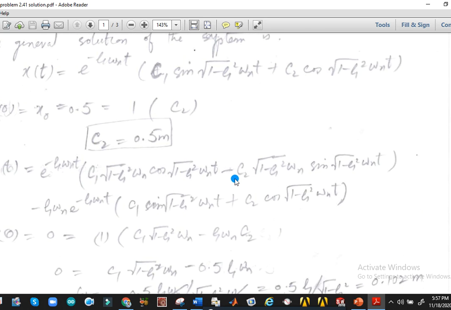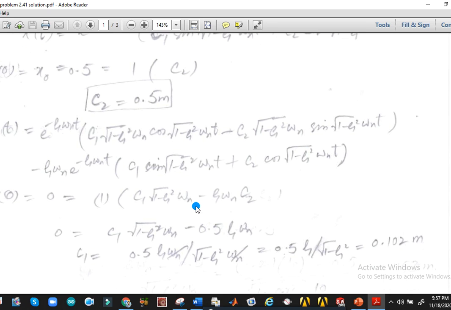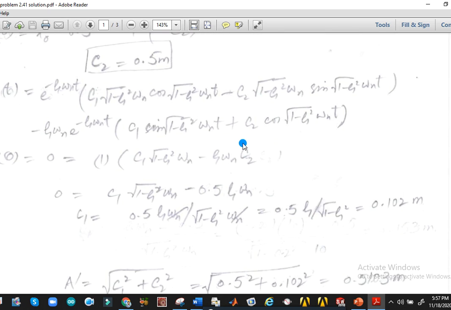So for example, here we can see the derivative of the general solution, and we can see e to the power minus zeta omega n t. This is the derivative of the internal expression first, and then we have the derivative of the external parameter, and the internal parameter will be the same. You people know how to take the derivative of the different functions. So this is the boundary condition for the velocity.